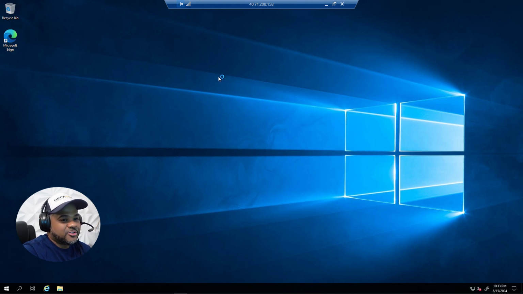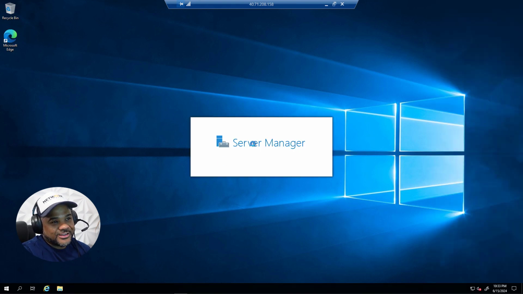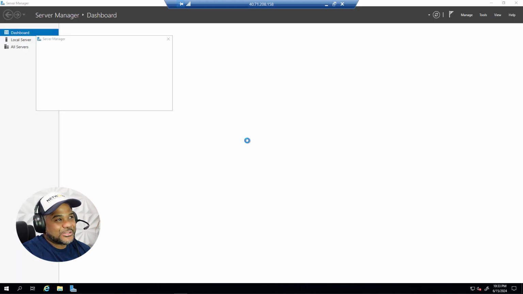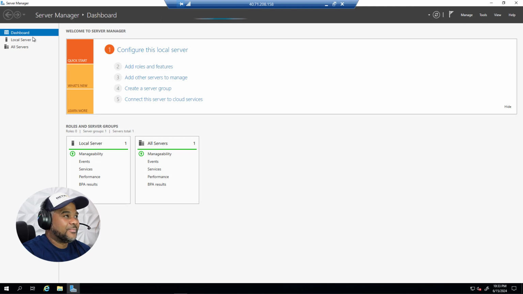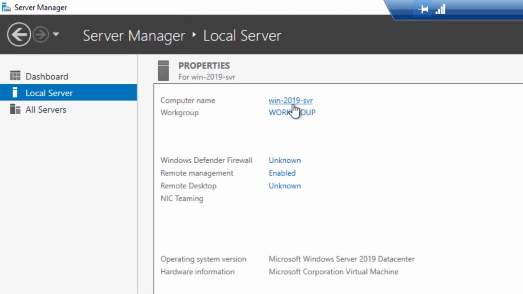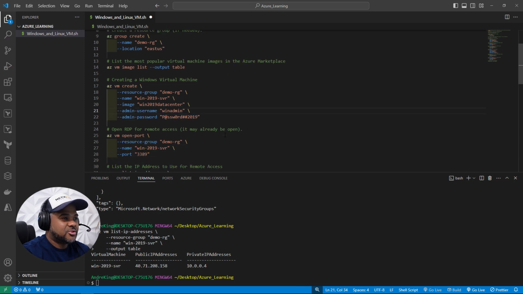So again, you'll have to trust me. I'm not going to wait for this to load to try to just validate that it's server 2019. Or I guess it is loading. So we'll see here shortly. I guess I will wait. But we'll see. Win 2019 server, and that's actually the name that we gave it. So the computer name inherited it. So we're all set there with Windows. So we'll go ahead and minimize this, keep the session open.